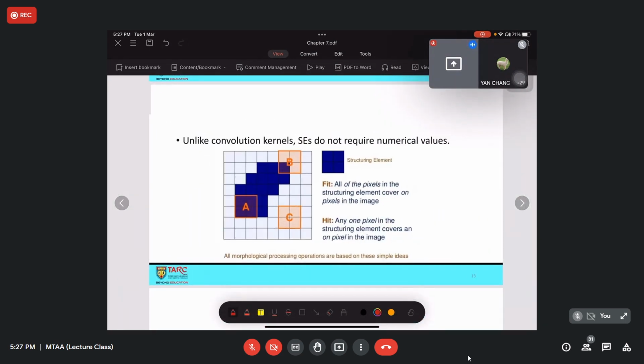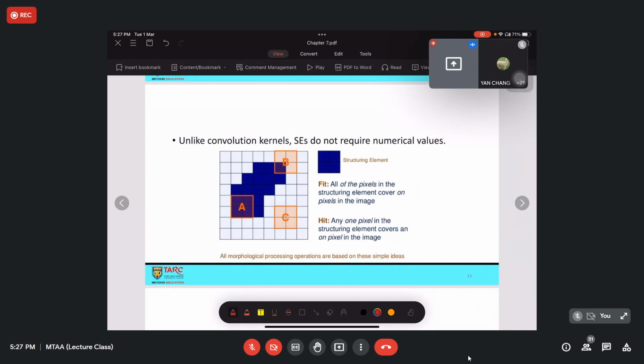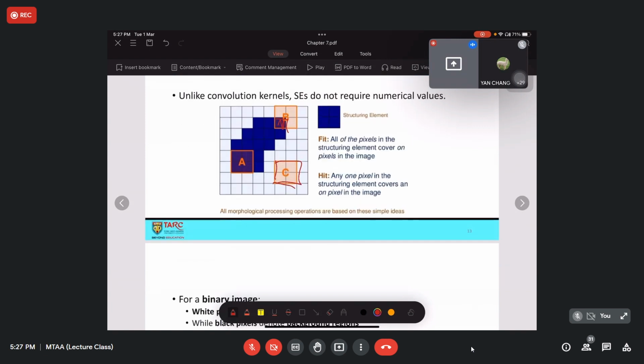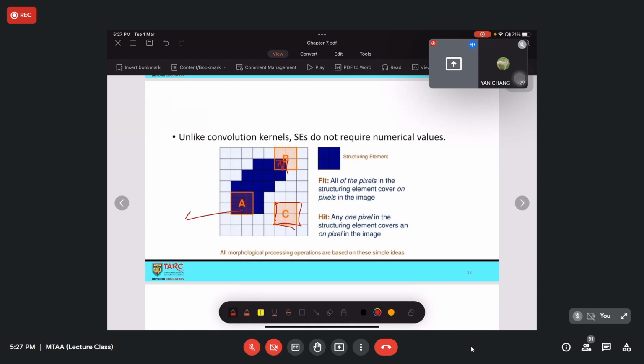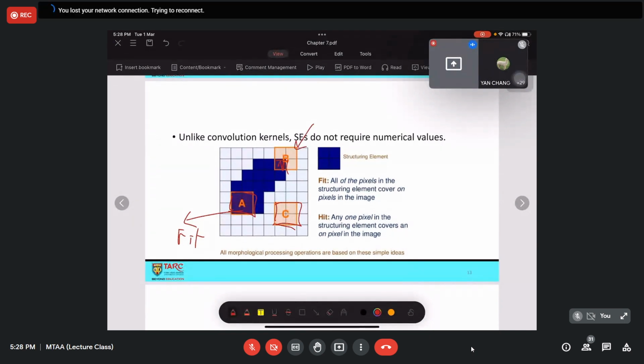If you have A, B, and C, A should be fit, because everything in the structure element is being covered. B would be a hit, which means you only hit a corner. And C would be nothing related, because there is no overlap between these two. So again, A is fit, which means all of the pixels overlap on the features or the object. And B is hit, because you only have one corner or part of the structure overlapping.